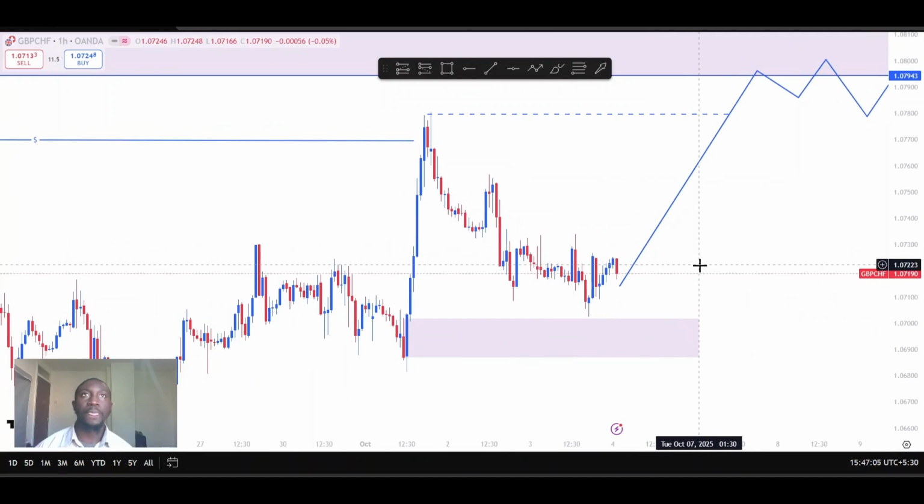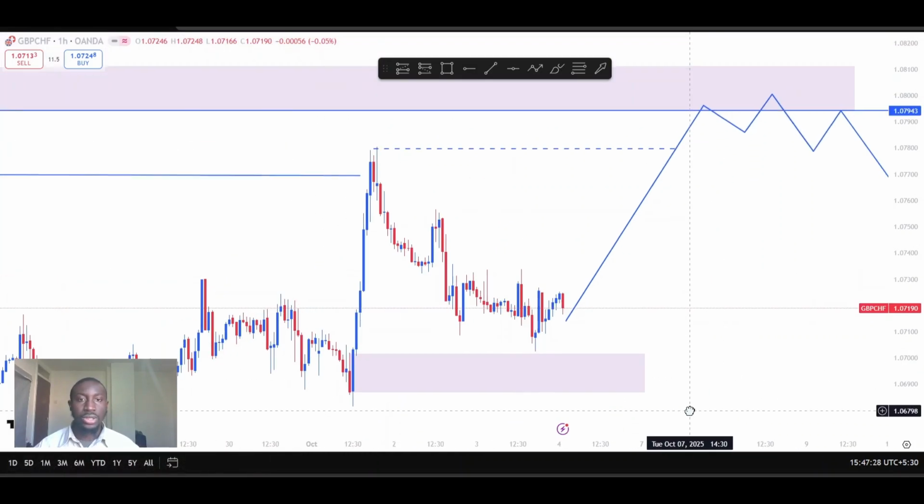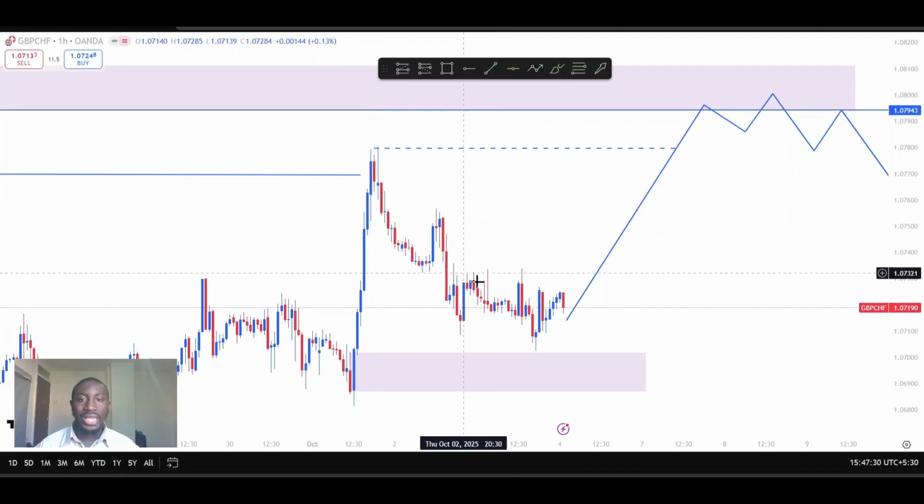Now, one of the good ways to understand change of character is when price breaks that low or the high impulsively. That is saying that, okay, yes, that change of character is valid. When price breaks the low or the high impulsively, it's saying that now either the buyers or the sellers are not in control of this market structure. So you need to be smart. You understand? So with these weak sellers telling us that the sellers are not in control, look at the correctiveness